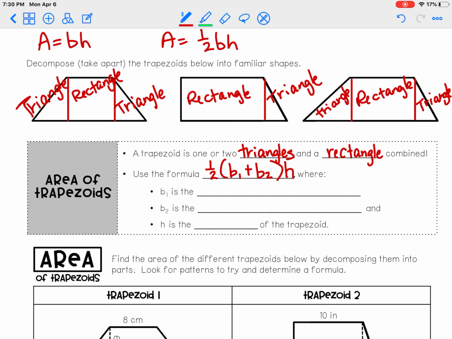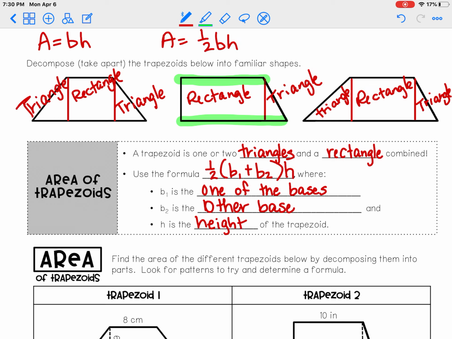B1 is one of the bases. And the bases are the two parallel sides, just so you know. This is a base and this is a base. And B2 is the other base, the one that's parallel to it. And H is the height